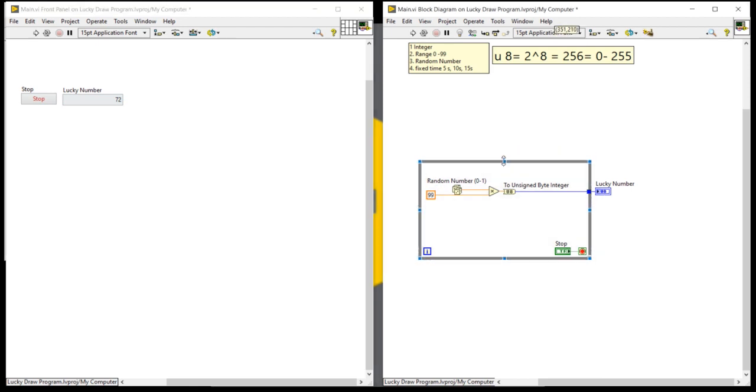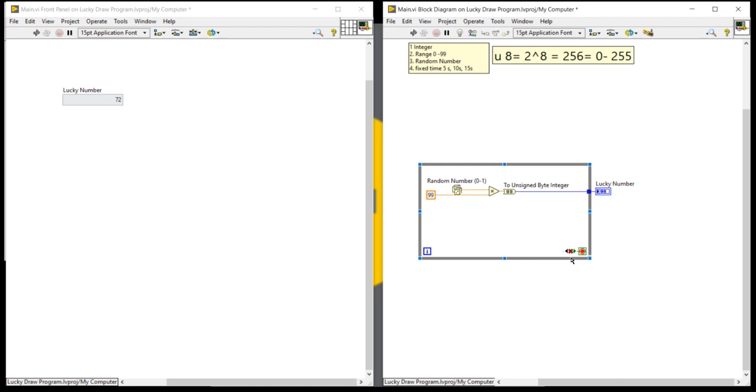Now, it is not a good way to display any lucky draw number, to generate any lucky draw numbers. Why? Because here you need to stop the program manually.